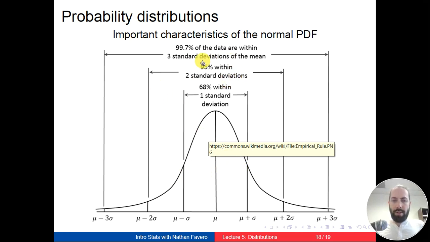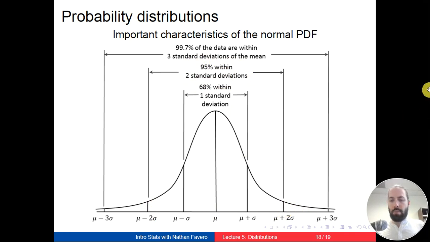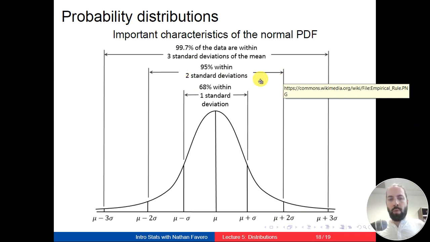The most important thing to remember from this slide is that 95% of the time, we're going to get a value within two standard deviations of the mean. And this is going to be important in particular because we often use this rule of thumb when we're constructing confidence intervals. If you'll recall, when we learned about confidence intervals before, we were talking about 95% confidence intervals. And so it's important to know, at least if we're working with a normal distribution, that if we want to construct a range of values that we can say 95% of the time we're going to get something within this range, then we can just go out two standard deviations in both directions from the mean.